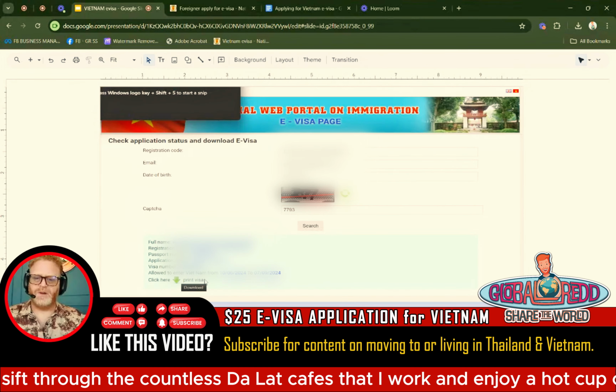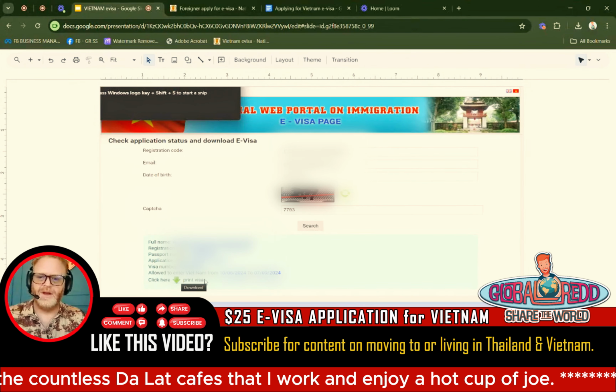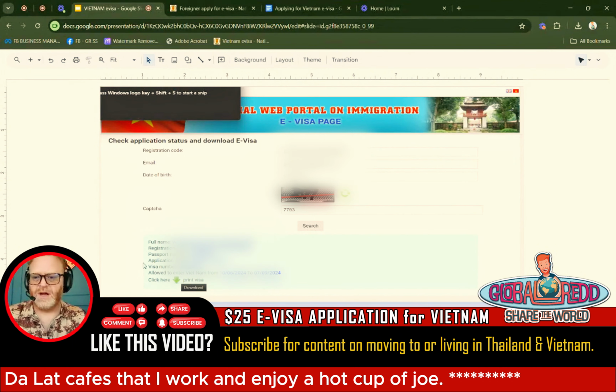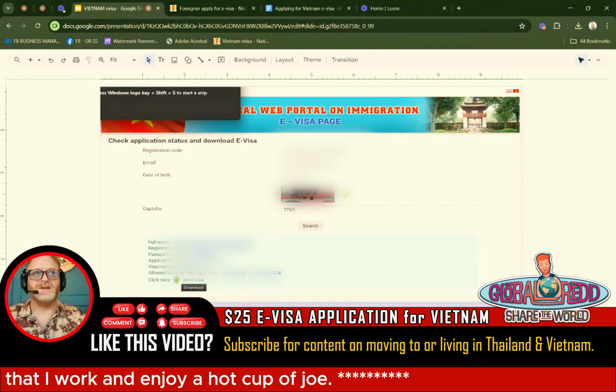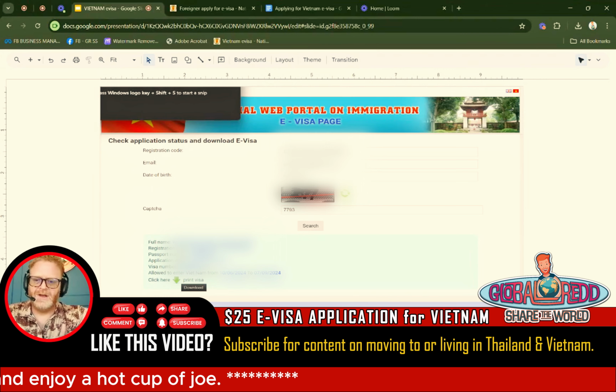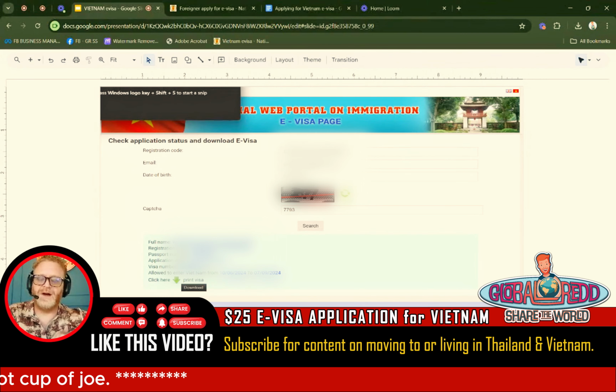However, I pulled up one of my old ones, my last one that I did, because I wanted to show you a couple of things. Number one, this is application status, and it says eVisa is expired. And the other one said in processing. So you will find an approved